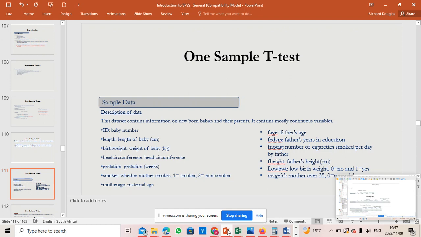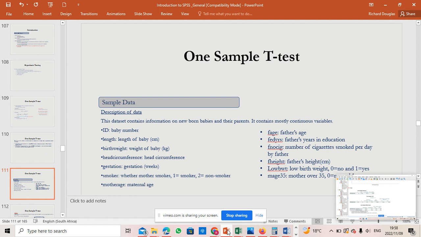Everyone, in this short video tutorial, I'm going to demonstrate how to use SPSS in analyzing one sample t-test, or in running the one sample t-test, as you may call it. So, based on this short video demonstration, I'm going to use